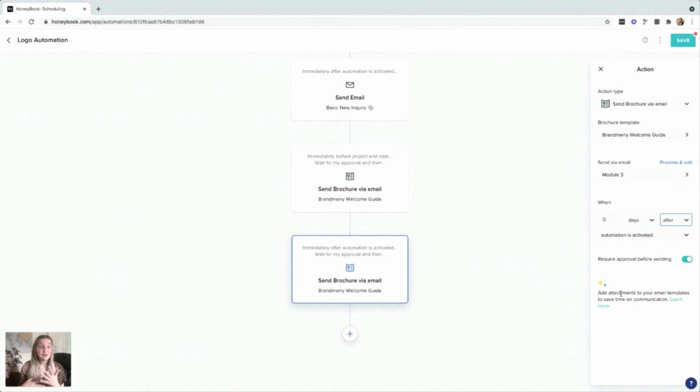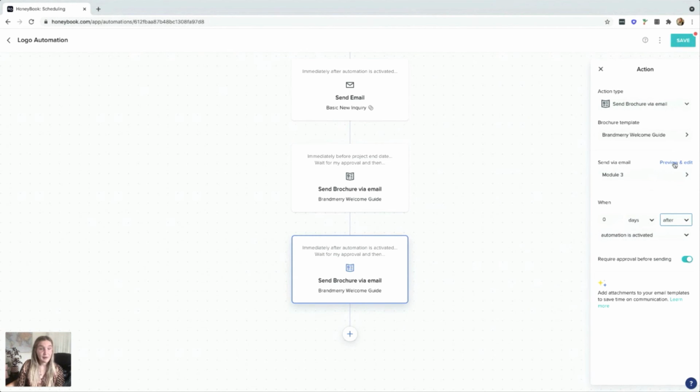So this is what you would do when you go in to actually build out the automation, but you can see how once you have the project types and the contact form set up and all your templates built out, by the time you get here, you're just kind of dragging and dropping the different things to happen at different points in your communication with your clients. Okay, so pretty straightforward there in terms of building these out and deciding when certain things need to happen